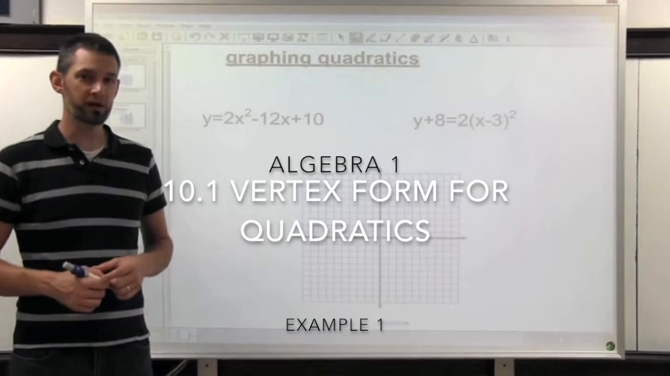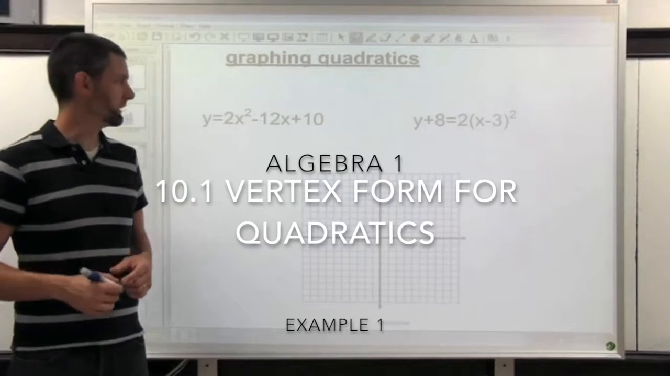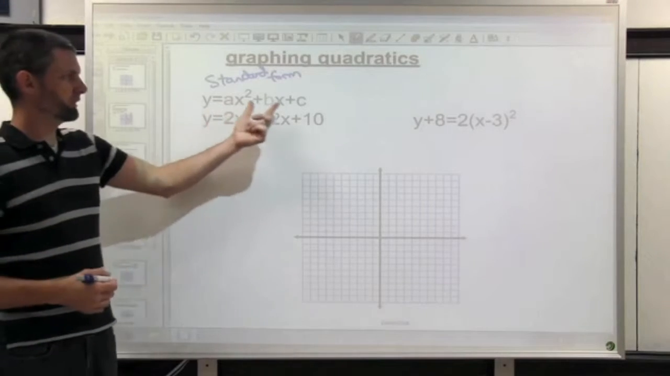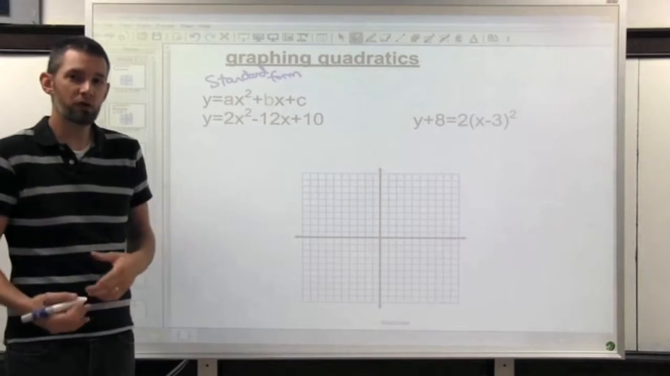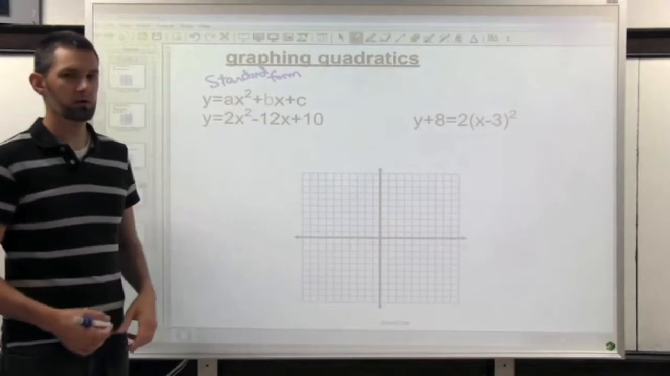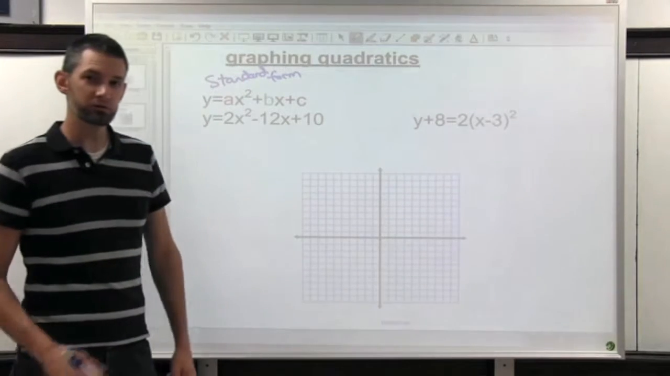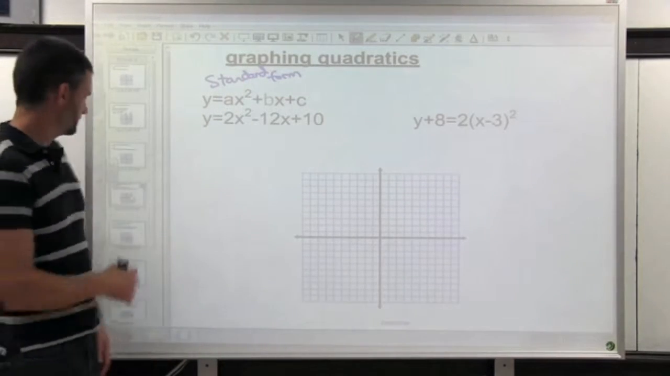So let's introduce the second form for quadratic equations. This one, remember, is standard form. It's got the ax squared plus bx plus c. In order to be quadratic, it has to have an x squared. Well, this one has an x squared in it, so it's still quadratic, but it's in a much different looking